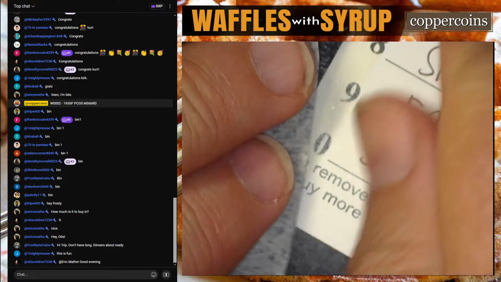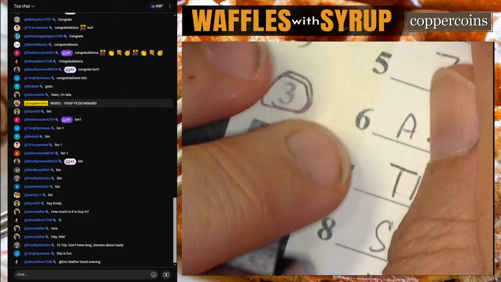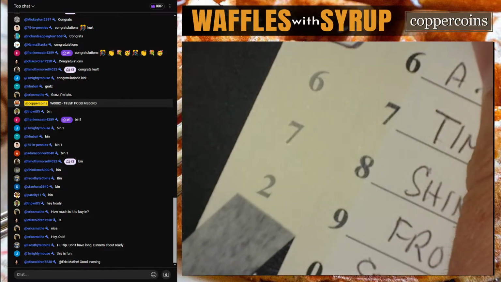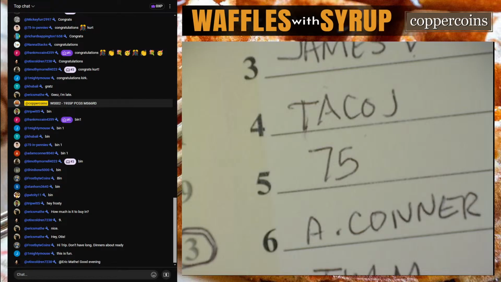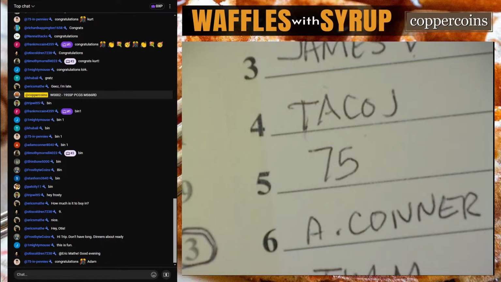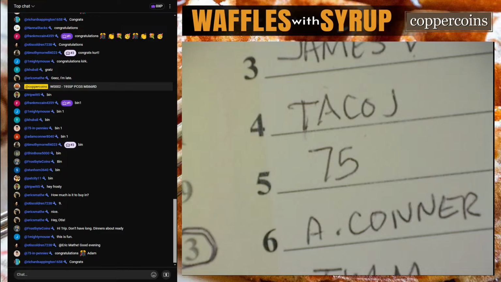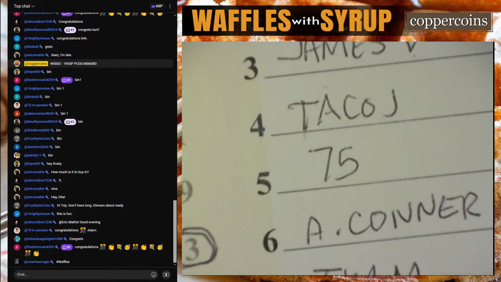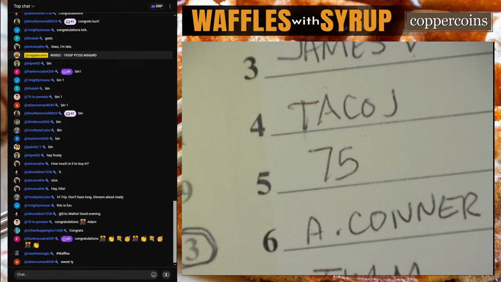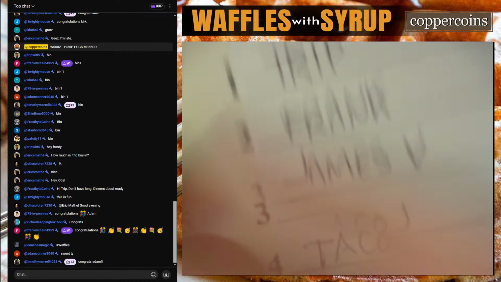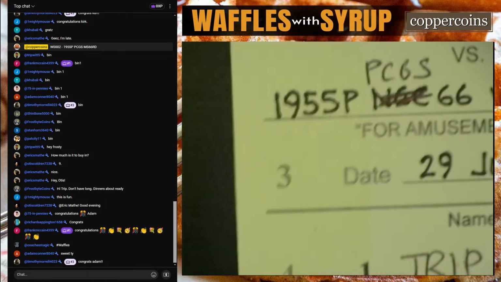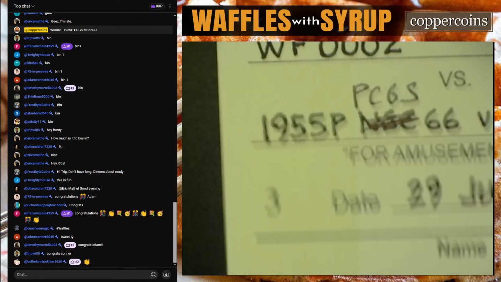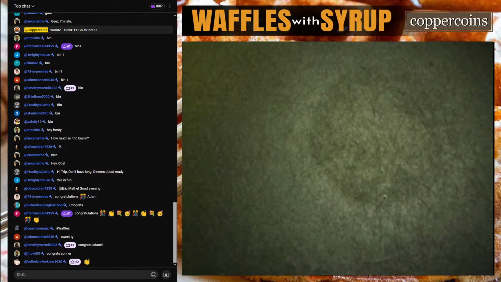And then there should not be a number 3 on here again. Nope. Not a number 3. So there we go. This is what we've got. Congratulations to Adam Connor, 1955 Lincoln cent in PCGS MS66 red. I'm going to change this card here. PCGS. And there is that. Take that off the table. Next one